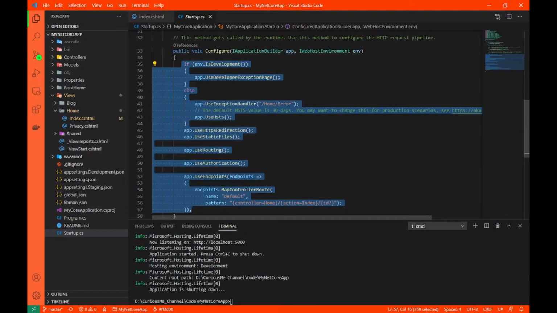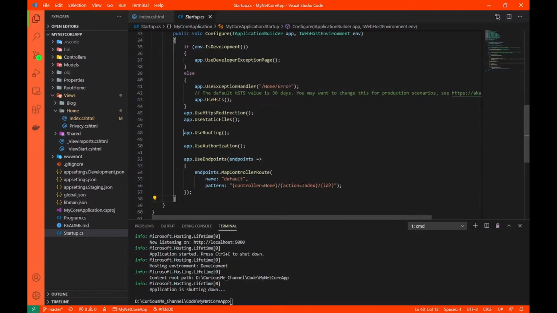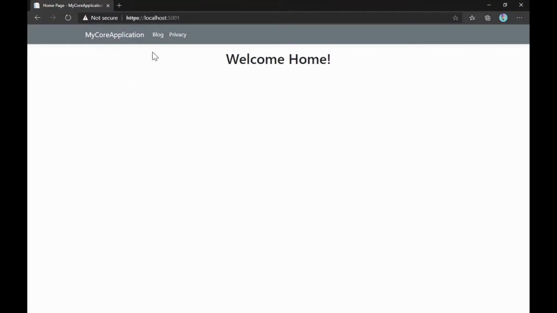This is our HTTP pipeline. You can check this out in our middleware video, or maybe the startup.cs file exploration video. In both of those videos, we have covered this. So app.UseRouting and app.UseEndpoints, these two middlewares are responsible for handling routing in the .NET Core framework.